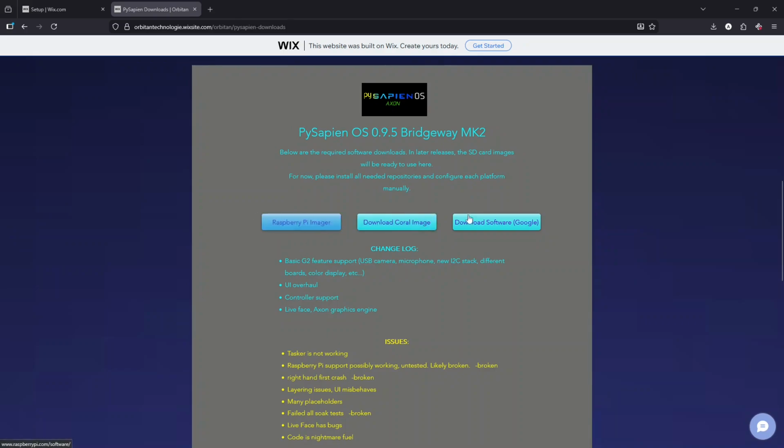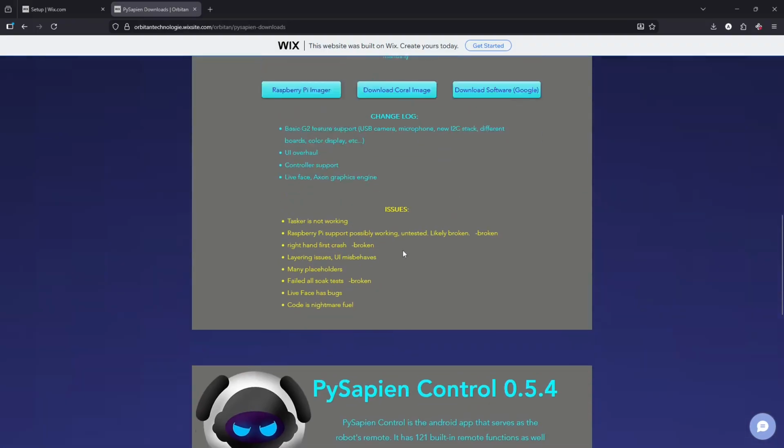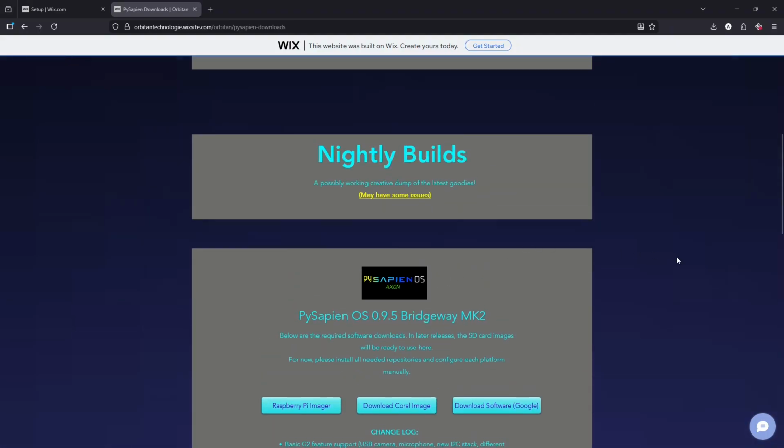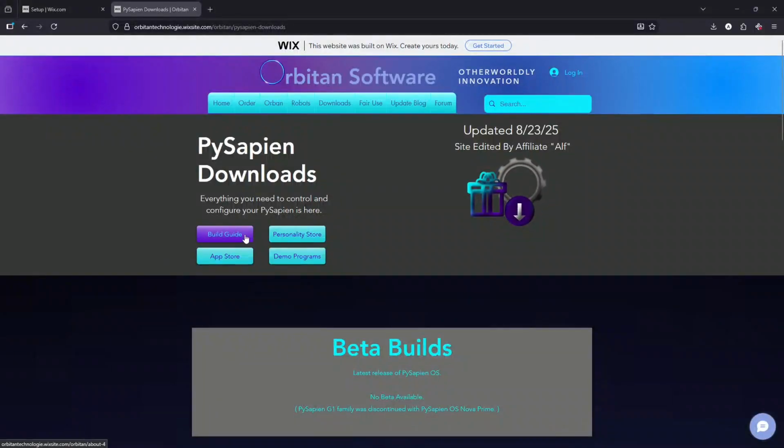Now in the future you will have specific builds for specific boards like the Raspberry Pi or the Radza QB-A7Z, but right now this is just a Raspberry Pi build. It might not even work right now, to be honest, but I will try to change that before I upload the video. So once you have all that software installed onto your computer for the specific computer that you need,